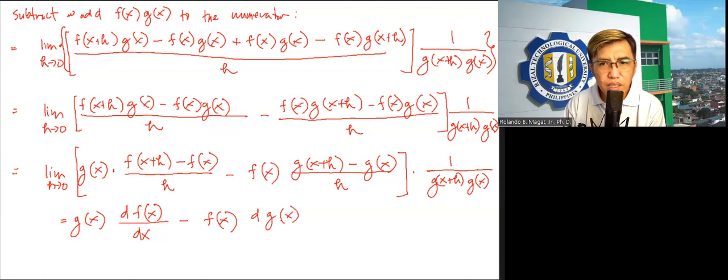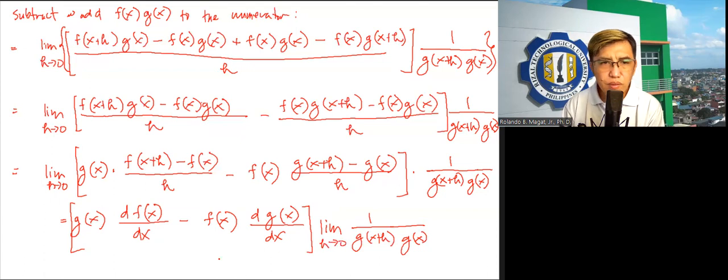Gumamit ako ng limit of product and limit of difference, all over dx. Then multiplied by the limit. Hindi pa nawawala. Ayun pa oh. The limit of 1 all over g of x plus h times g of x